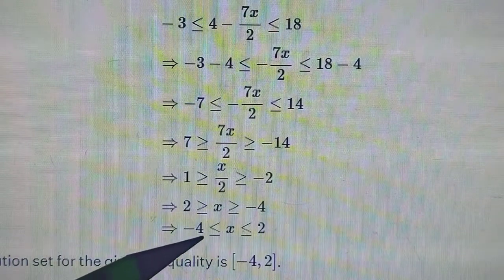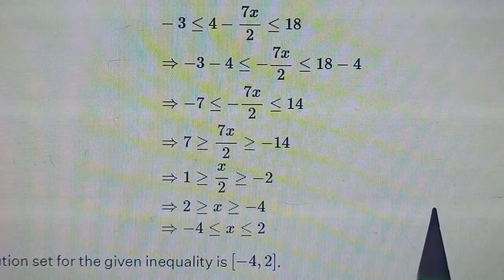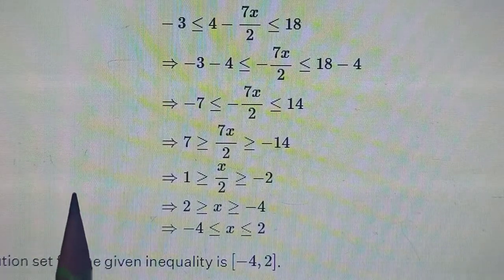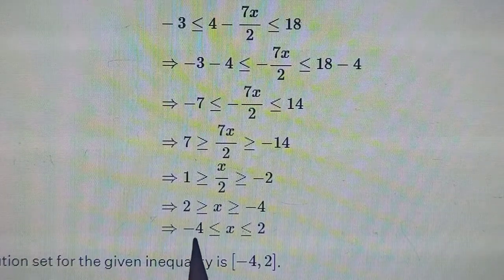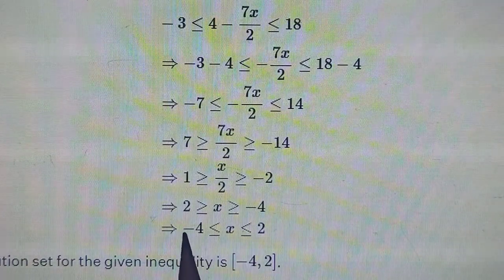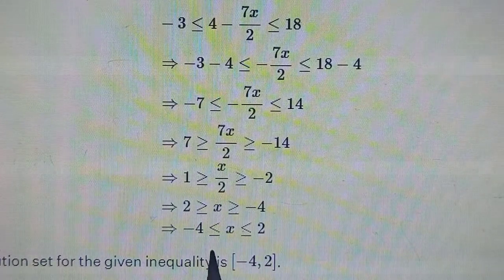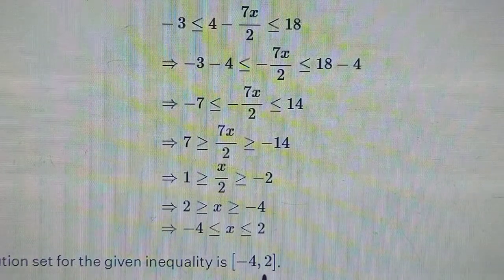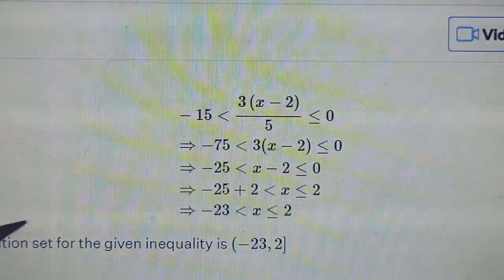And of course negative numbers come first, the smaller comes first. We know as we move to the right side the value increases, so the smaller one is always written first, on the left hand side. So they have just reversed this out here. This will be written as x is greater than equal to -4 but smaller than equal to 2. The solution set will be written with a rectangular bracket on both sides, since equal to was there in both, to show a closed interval. That's your solution.